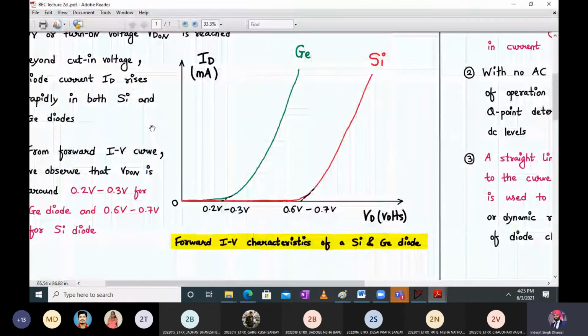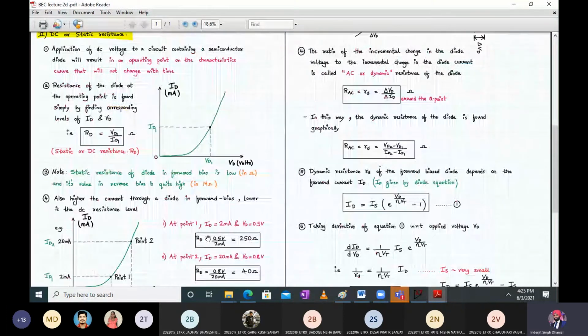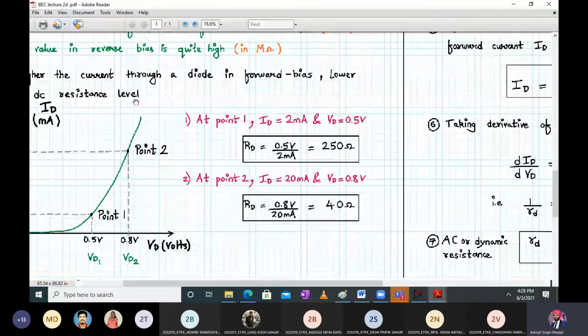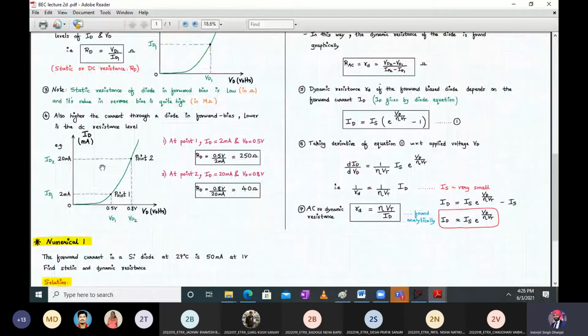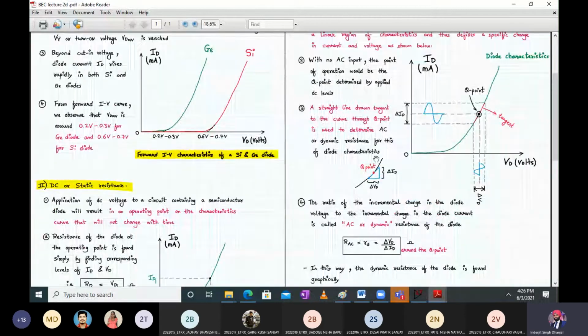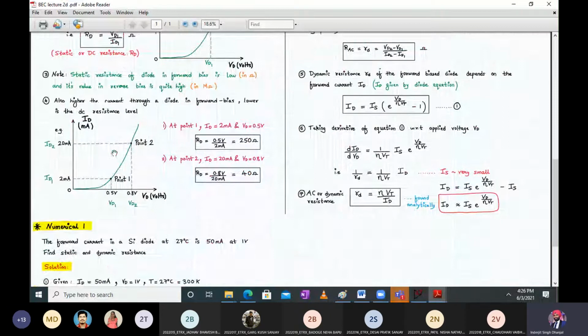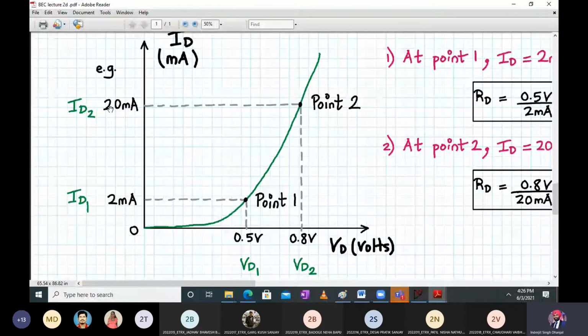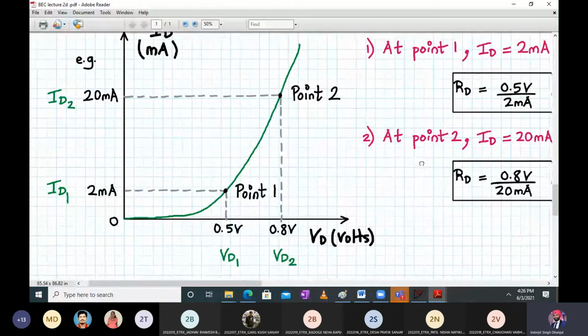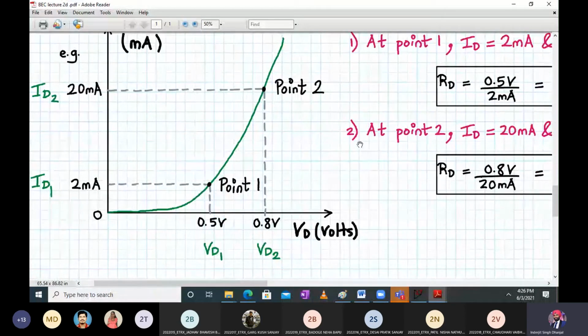Forward diode resistance; reverse you cannot calculate. Reverse for Zener you can calculate. So how to calculate it? It is very simple. I will show you over here. The dynamic resistance you can calculate like this. You can take 2 points on the curve and note down the coordinates. Let's say this is y1 and y2, and this is x1 and x2. So your slope will be y2 minus y1 upon x2 minus x1.